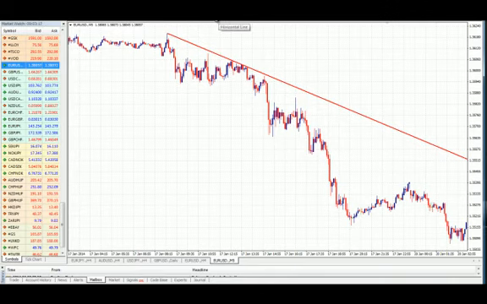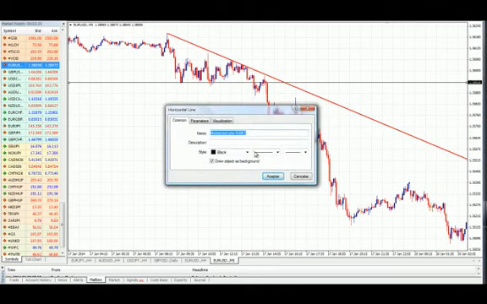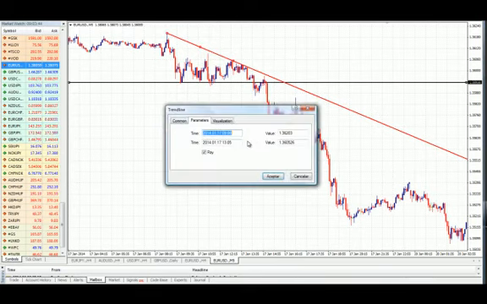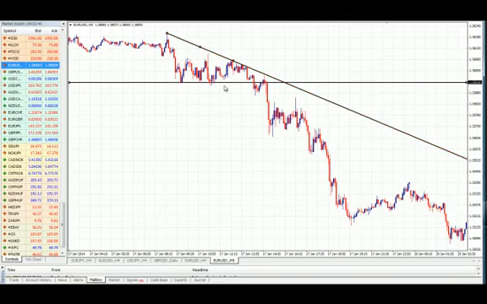So the first thing you need to do is to find the first area of support, and as you can see here we have a test of this area once, twice and 3 times. So you can actually put on a horizontal line right here. Let me go to the properties of this horizontal line because I want to get it thick so we can actually see it on our charts. And this trend line, I will also color it black so we can distinguish them from the actual